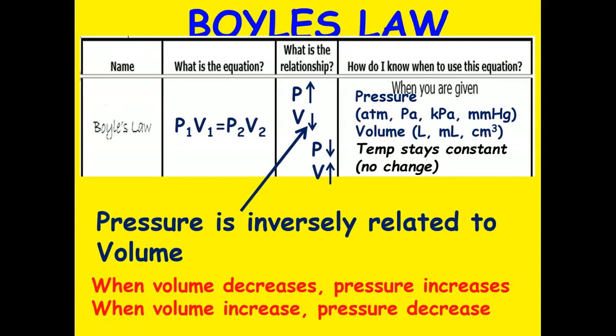Remember, Boyle's law is where the mathematical equation is P1 times V1 is equal to P2 times V2. What that means mathematically is that pressure is inversely related to volume. When pressure increases, volume will decrease, meaning the opposite will happen to the other. If pressure decreases, then volume will increase, with temperature staying constant. To visually show this, I'm going to